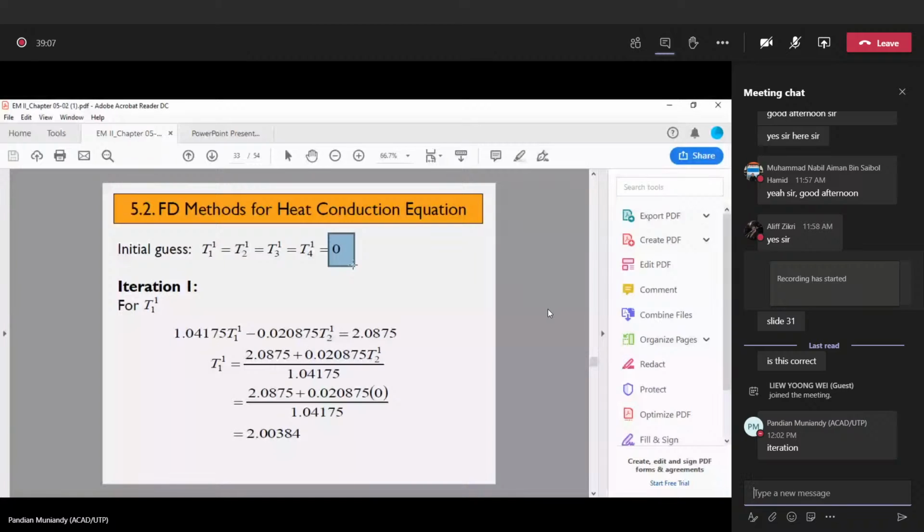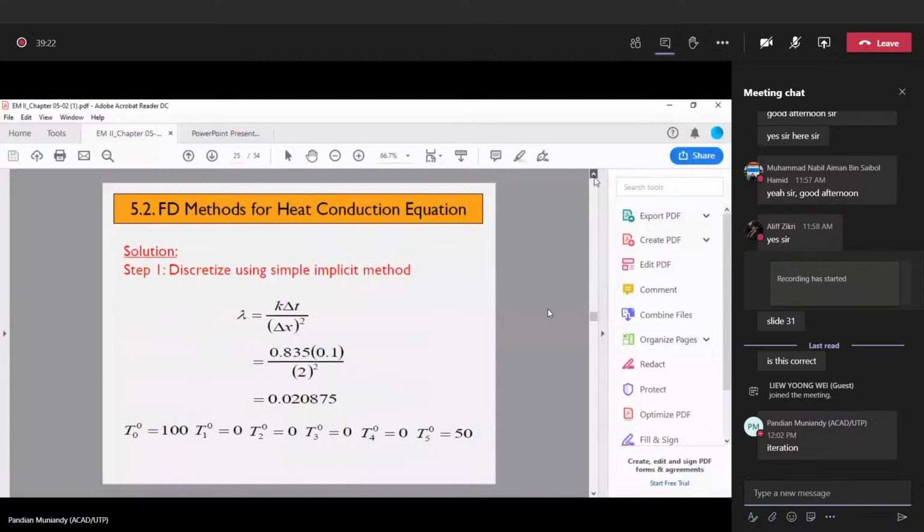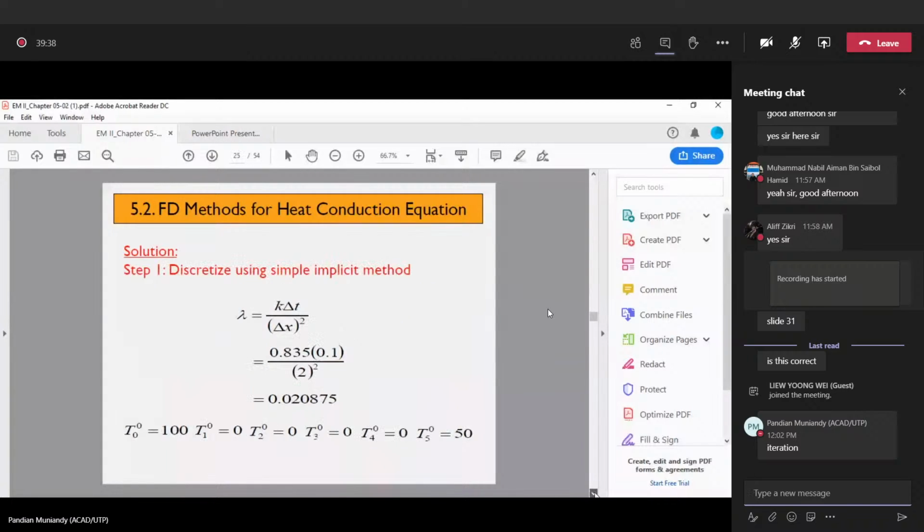T subscript 5 is 50 degrees, which is given in the problem. You go back and see in the problem. This is T0, 100, and T10, 50 degrees. But this temperature, the rod at 0, is different. This is for the implicit method. But for Gauss-Seidel,